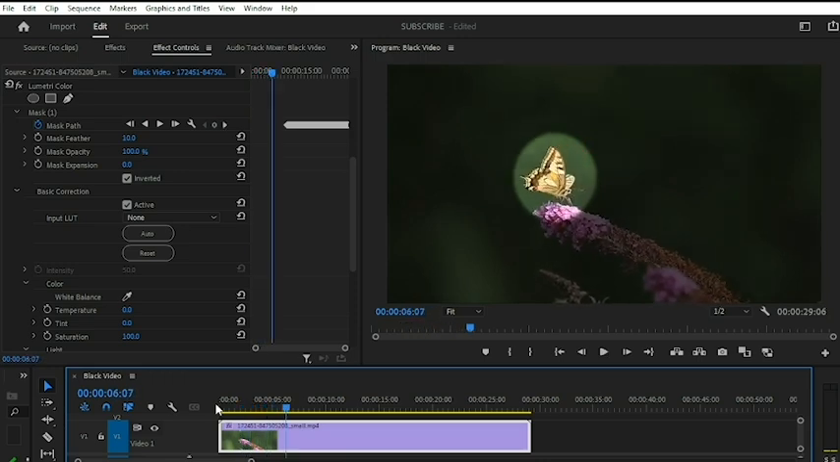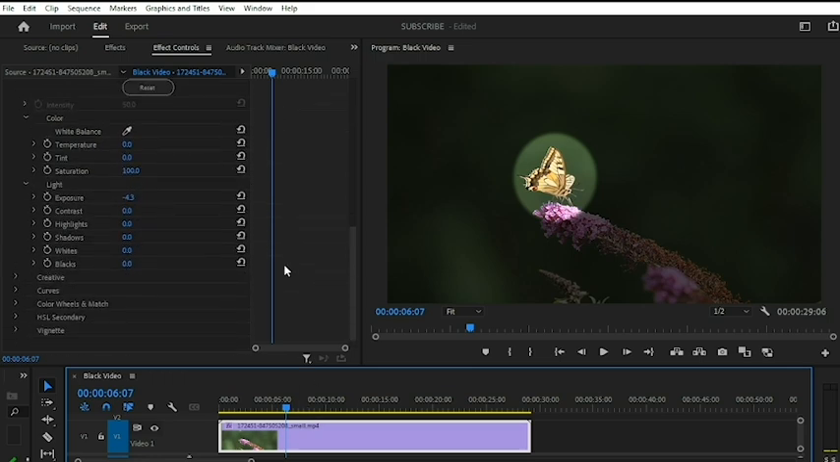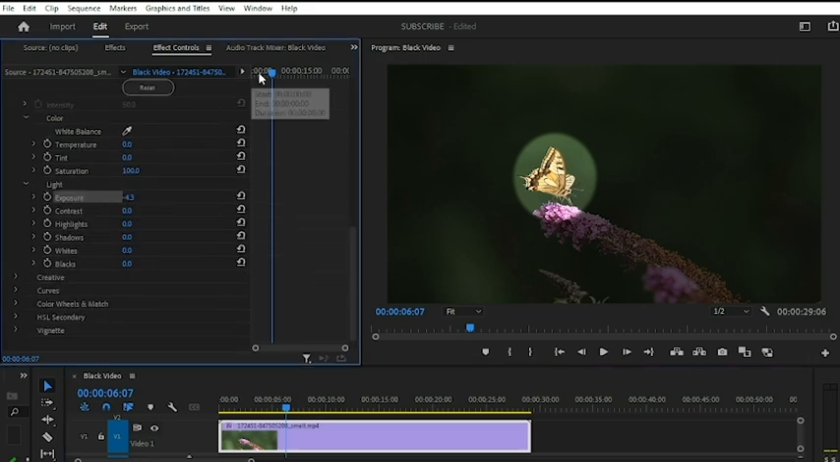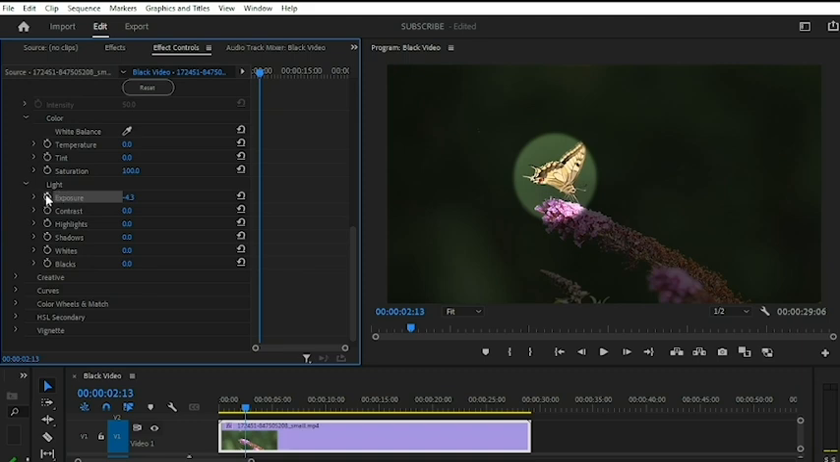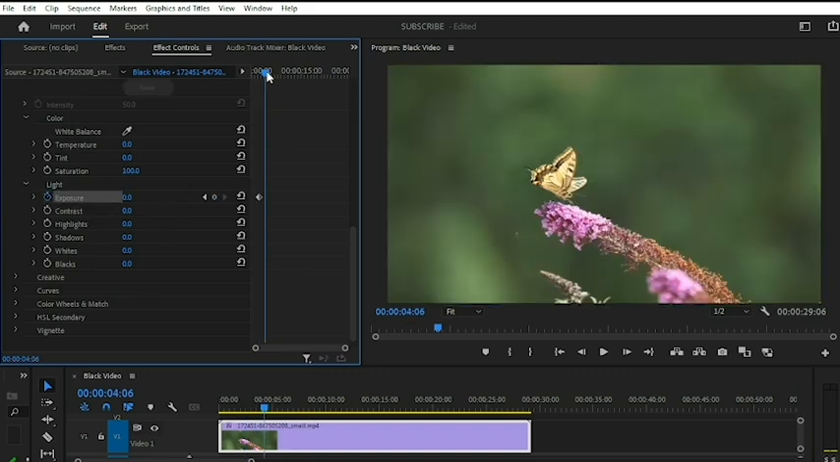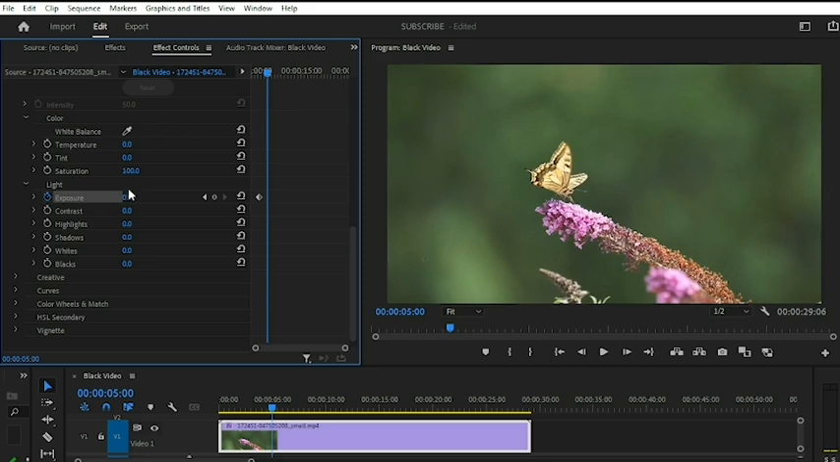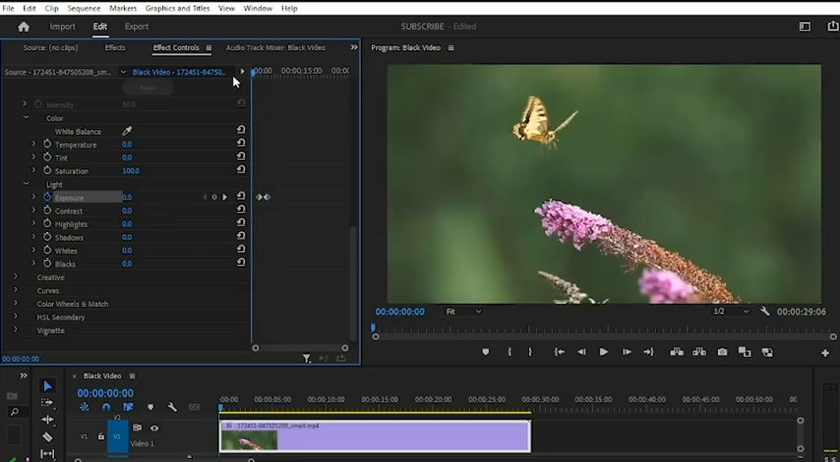If you don't want the highlights to start from the beginning of the clip, you are going to have to keyframe it. So I'm going to head over to Exposure. Right here, I'm going to add a keyframe and I'm going to set the values to 0 and then move the playhead forward a bit and then add another keyframe and then set the values to minus 4.3 or whatever value you want. Now, when I play this back,